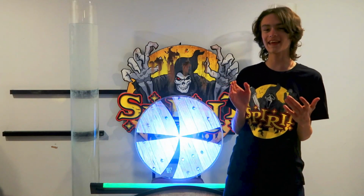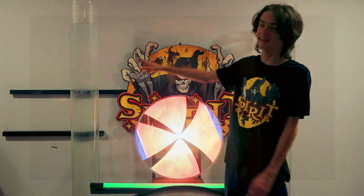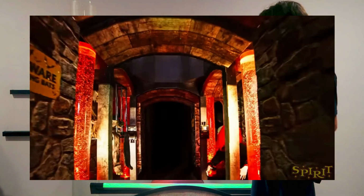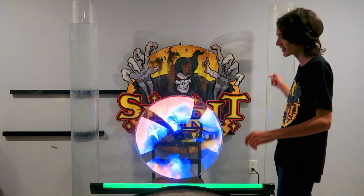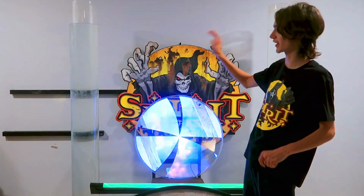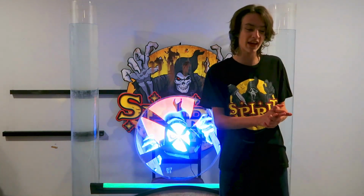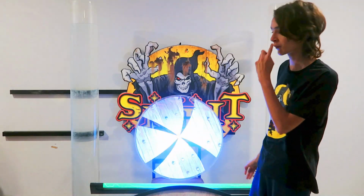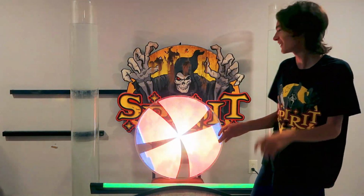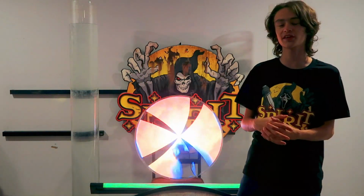Now before I jump into anything, I do have to say, yes, the two bubble tubes are behind me right here from the front ISE this year, from Dr. J. Reaper's Monster Lab. However, as you can see, they are currently turned off. And I'll say this once again, but the reason is that these things are incredibly loud on the floor where I am filming this. I'm actually in my basement right now, which has a concrete floor, and when they turn on, they are incredibly loud and you can't really hear when I talk over them. So that's why they are turned off right now,